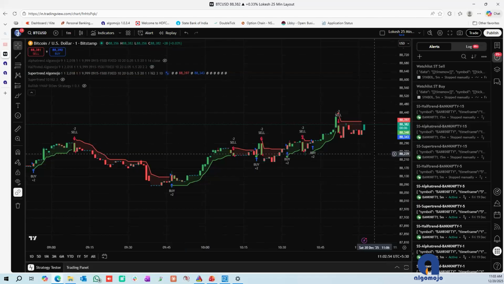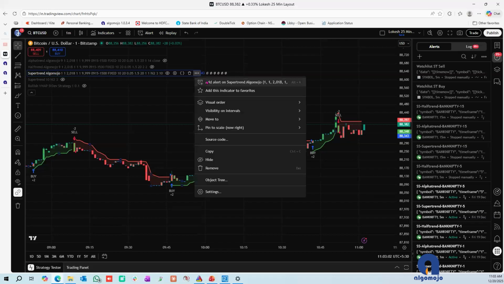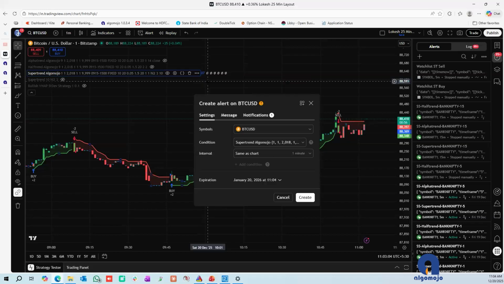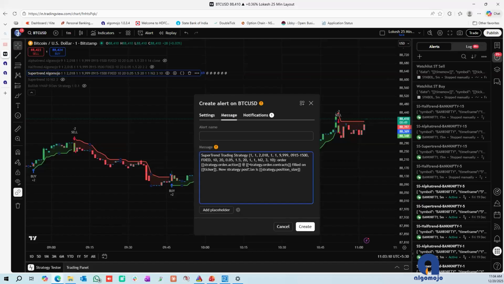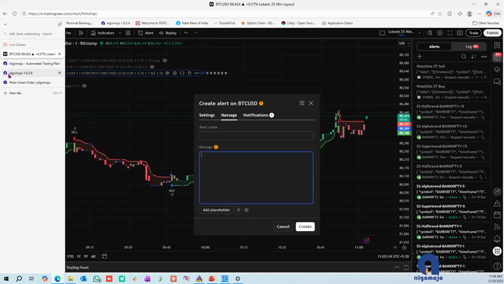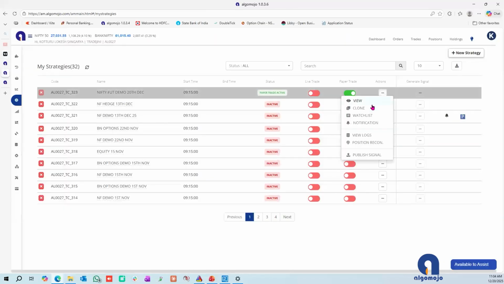Once you load this strategy, go to the strategy name, look at the three dots, the more button, click on that and say add alert. When you are adding an alert, there's a pop-up box. Go to the message section, and whatever is there by default, select that, remove that, and then from Algomojo, from the strategy that you created,